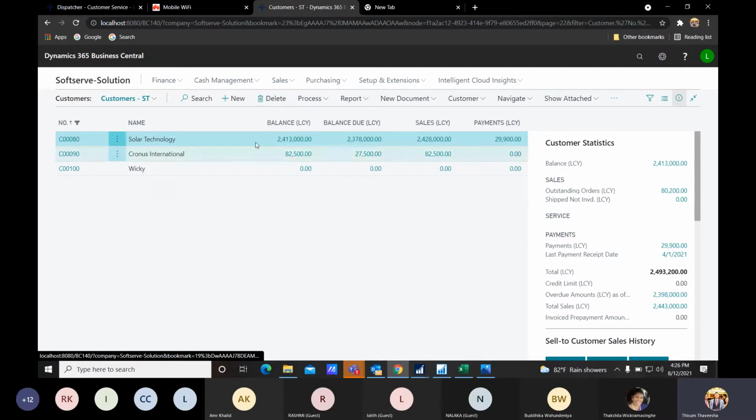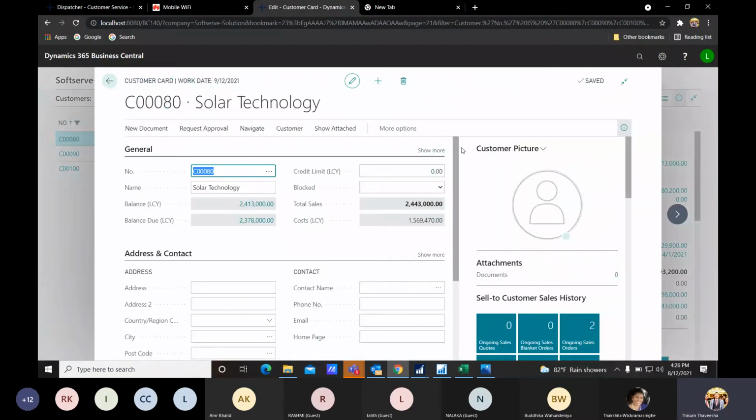And now we can create a new customer also, and then I will go to a customer card also. So here also the look and feel is pretty much same from the vendor and the customer, the item, all the things are pretty much same. So here also the same scenario, the number could be automatically generated or can be manually entered, and then the balance, the balance due is automatically populating through the transactions which we are doing.